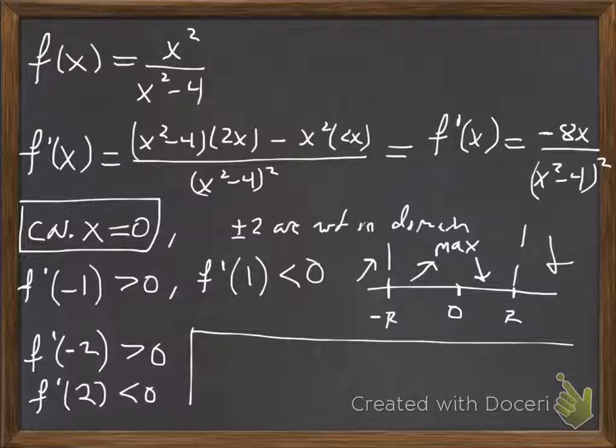So we've located our one extrema, and then we found our intervals of increasing and decreasing behavior. Okay, so if I want to find the location of the max, I have to go back to the original function and plug in 0. And when I do that, I get 0. Other things we can look for are the x and y intercepts. So this happens to be a coincidence here, but my maximum is an x-intercept. Okay, so moving along,